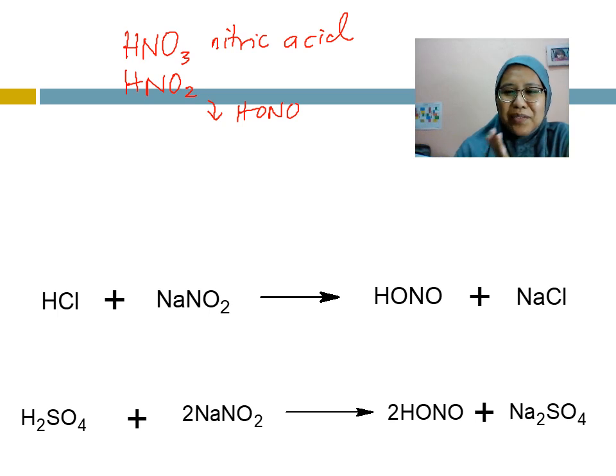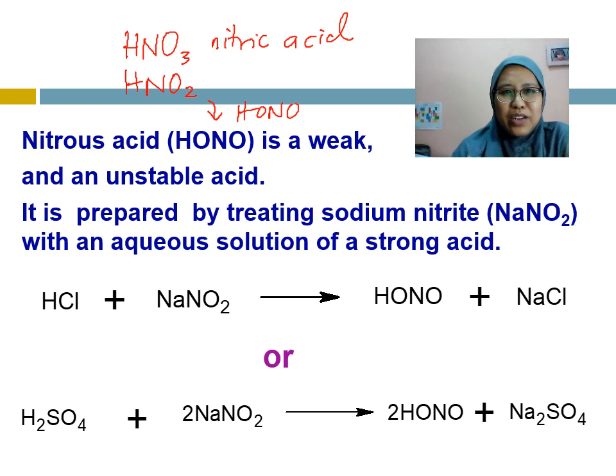Okay, for this slide I've done the Teams lecture with KSF1, so the notes are still here. I'm going to use it. HNO3 is nitric acid, okay, but nitrous acid is a different acid. It's also a weak acid, same as nitric, but it is not as stable as nitric acid. Nitrous acid, or HNO2, sometimes we call it HONO, and we have to prepare it